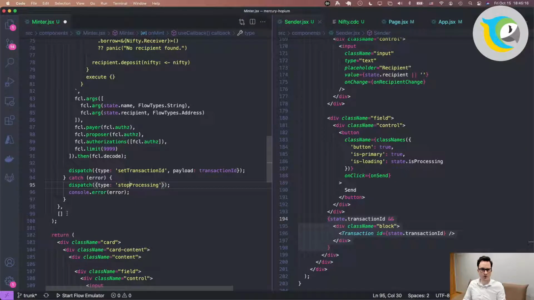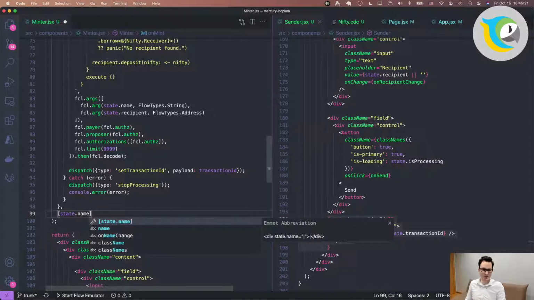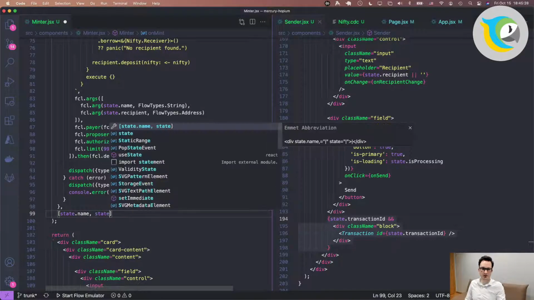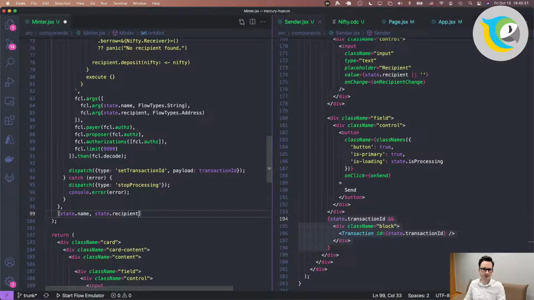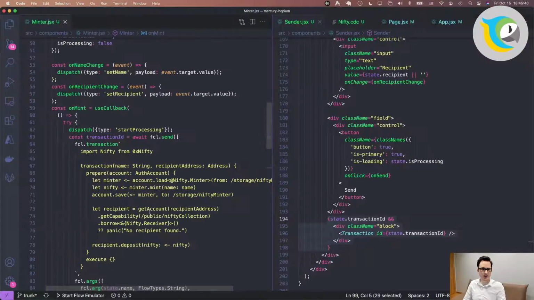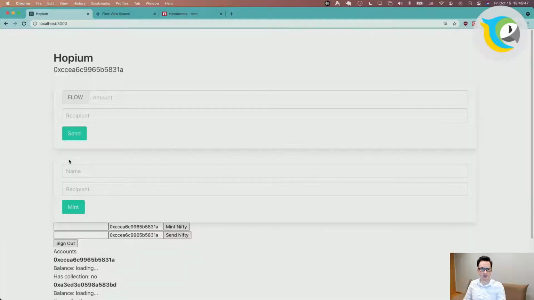Okay, so now what do we depend on? Well, this is for useCallback, and sorry if I'm jumping around a little bit. This function needs to change if state.name or state.recipient changes. All right, so state.recipient, we include that into the dependency array. Okay, let's see if this still renders. All right, we missed an async declaration right here. So this is an asynchronous function, and let's reload. Okay, so it loads up.